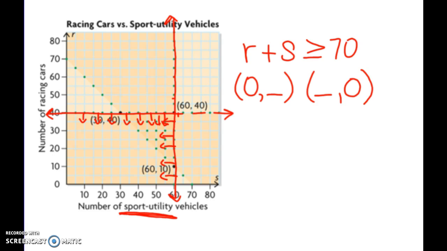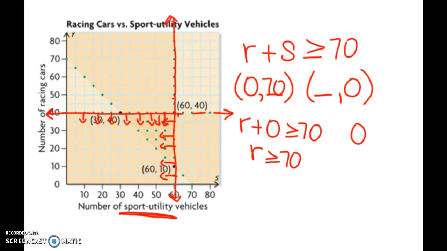So if our sport utilities is 0, so I put 0 in for my sport utilities, that means my r has to be 70. And same with my r's, if I put 0 in for those, that means my sport utilities have to be 70. So my line is going to look like 0 over and 70 up,